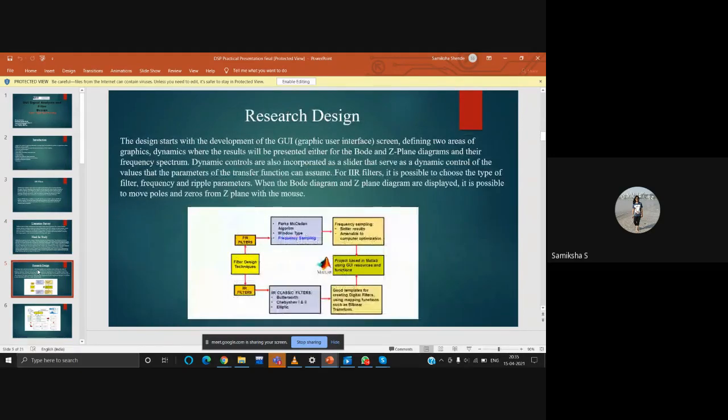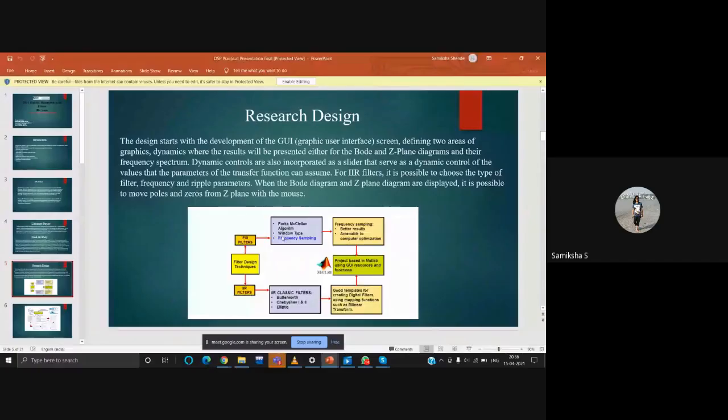Research design. This is a block diagram for both IIR and FIR filters for making the GUI in MATLAB. In this block diagram, from the types of filters, there are steps like the Parks-McClellan algorithm, window types, and frequency sampling.